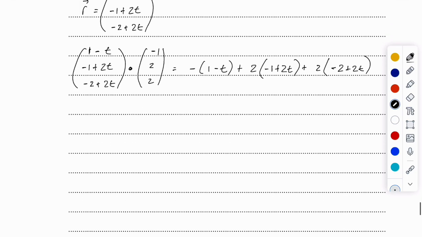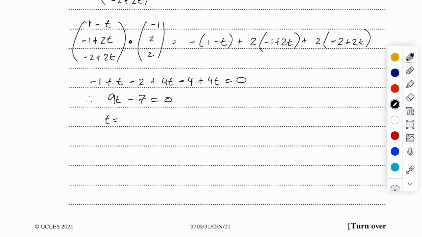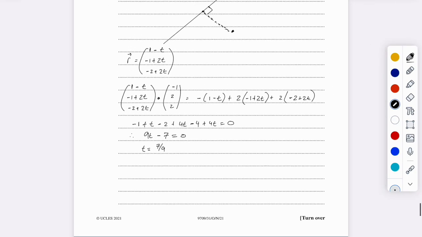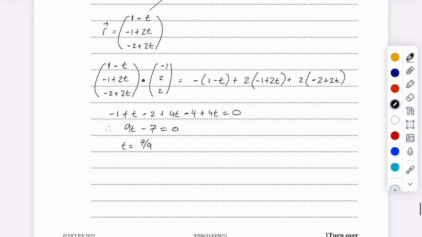After we simplify this out, we get negative 1 plus t minus 2 plus 4t minus 4 plus 4t equals 0. Therefore, 9t minus 7 equals 0. So t is therefore equal to 7 over 9. Okay, very important. We've got t equal to 7 over 9. So if we've got that, that implies that, okay,